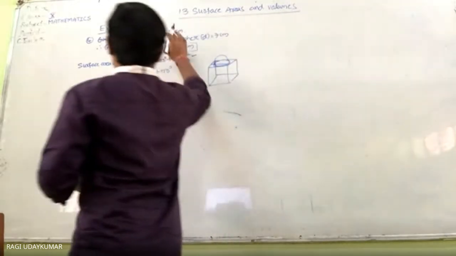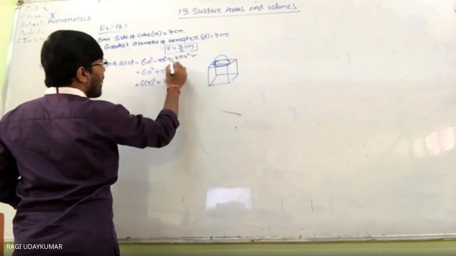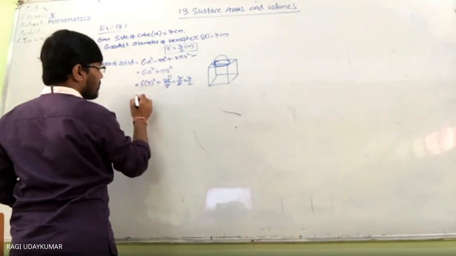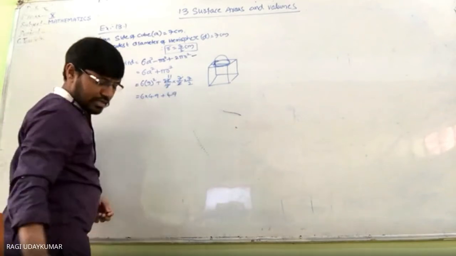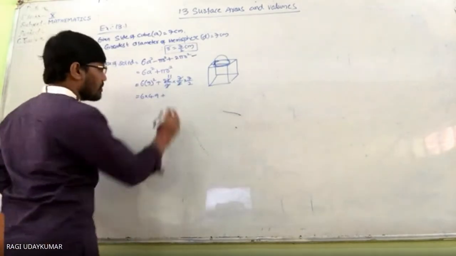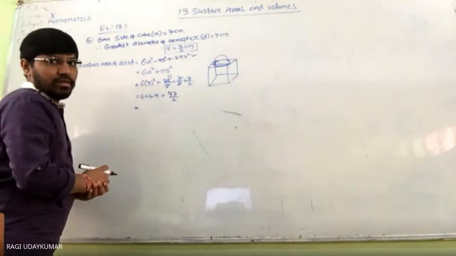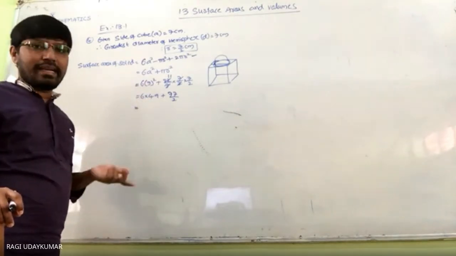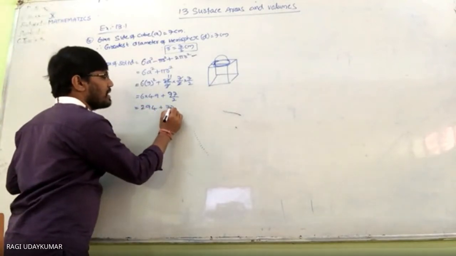Yes, sir. Okay. Now 6a square. A is nothing but 6 into 7 square plus 22 by 7 pi value. R square is nothing but 7 by 2 into 7 by 2. This will get cancelled. 2 ones are 2 ones. So 6 into 49 plus 77 by 2. इसको सिंप्लीफाई करना है. 77 by 2. 49 into 6. 50 into 6 करना. ये मल्टीप्लाई करने का भी जरूरत है. 50 into 6, 300. From that 6 is subtract करना. 294. The answer is 294 plus 77 by 2.